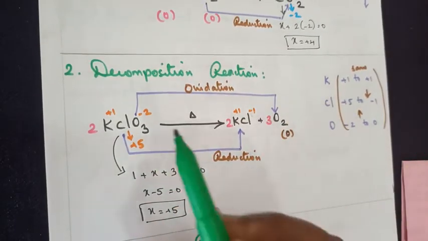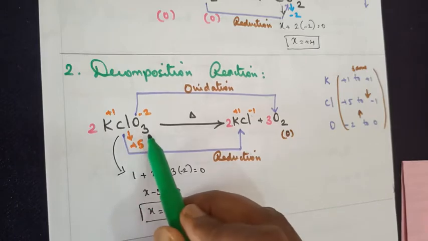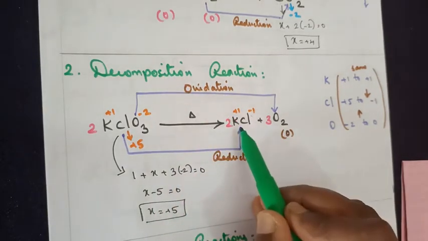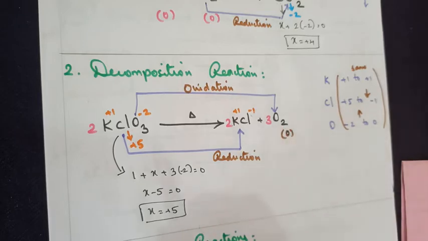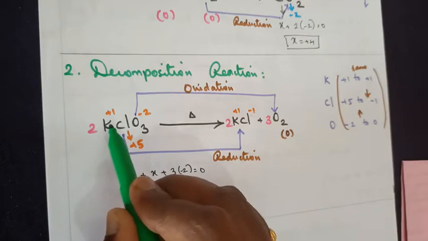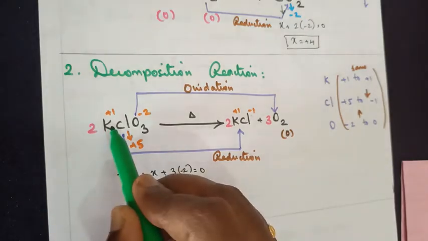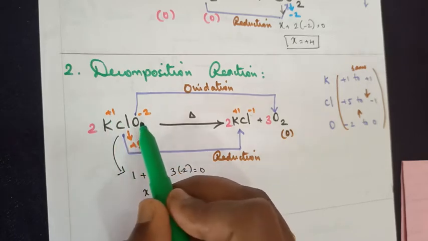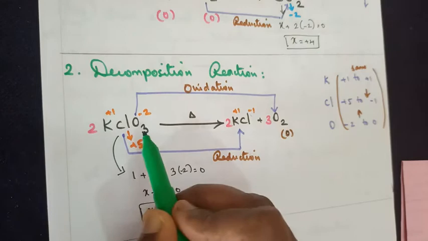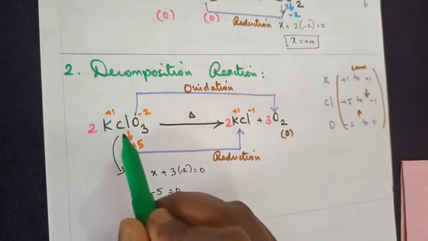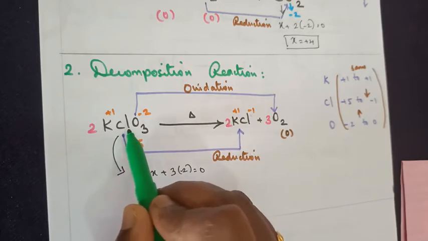Easy way of remembering. In this case, I have taken potassium chlorate, that is KClO3. Decomposition stands for thermal decomposition. We need to heat it. We get potassium chloride and oxygen. Now I also gave you a clue in the previous video: potassium belongs to group 1A, so the charge of group 1A elements is +1. Now oxygen, you know that generally the charge of oxygen is -2. So potassium you can remember, oxygen you can remember. All you need to find is the charge of chlorine.